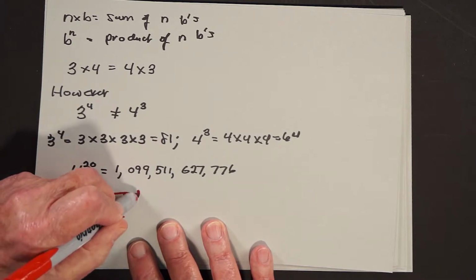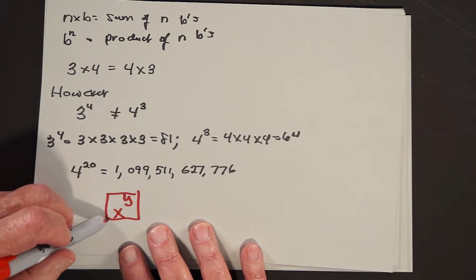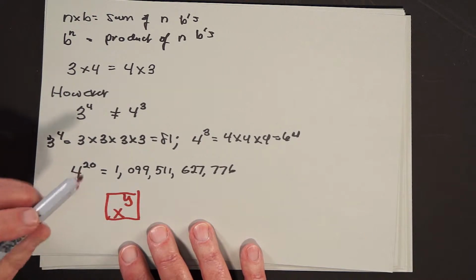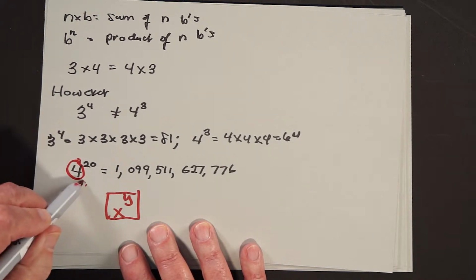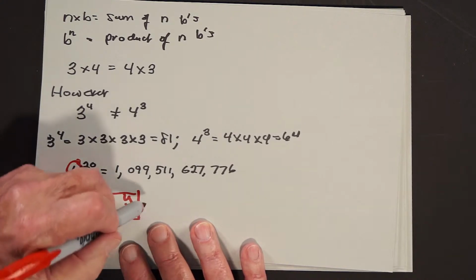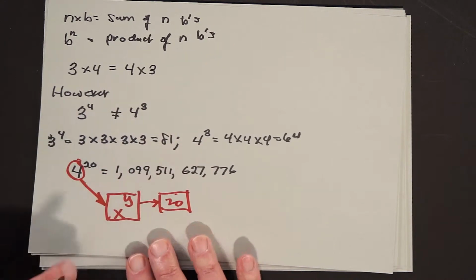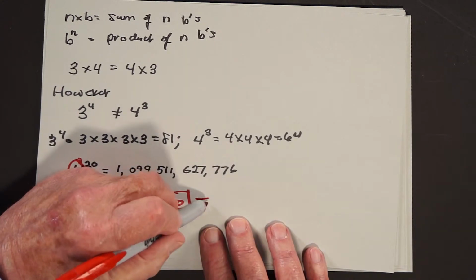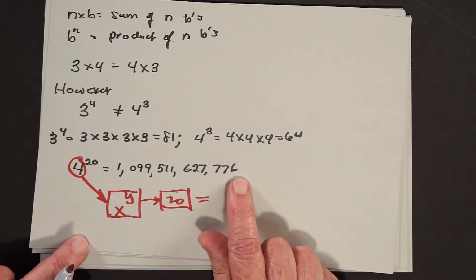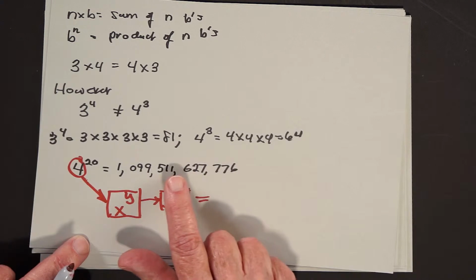Fortunately, we have something called a calculator that will compute things like this for you. On the calculator, and not all calculators are the same, but for the most part, you will see an x to the y key or something that looks like that. What you do is you input the 4, press the x to the y key, input the number 20, hit the equal button, and the answer will appear. What number is this? See, units, thousands, millions,